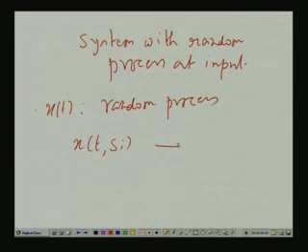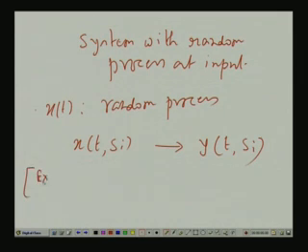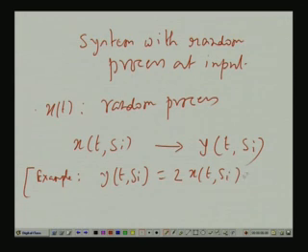Now, suppose we have some kind of rule by which, given a particular waveform, we generate another waveform, which we call y, and obviously that waveform also is associated with the ith outcome of the experiment. So, we can write it as y(t, s_i). For example, you can have a very simple rule, it is nothing but twice x(t, s_i) plus 3,